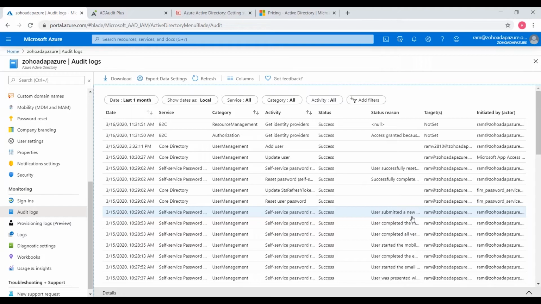Another huge drawback of using the Azure AD portal is this. You can only download up to 5,000 records from the Azure portal. The records are all sorted by the most recent, and by default, you only get the most recent 5,000 records. To put this number into perspective and to realize how small a number of 5,000 is, you need to take